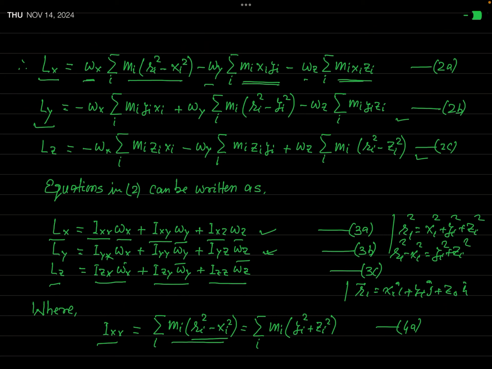So instead of ri square minus xi square, you can write yi square plus zi square. Okay? You can write. In a similar manner, you can define